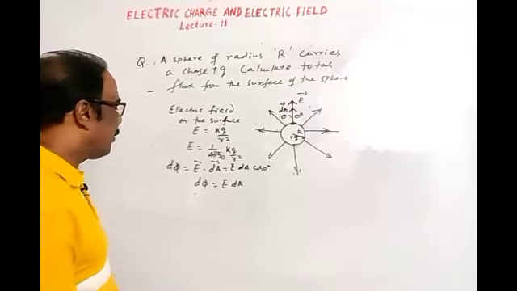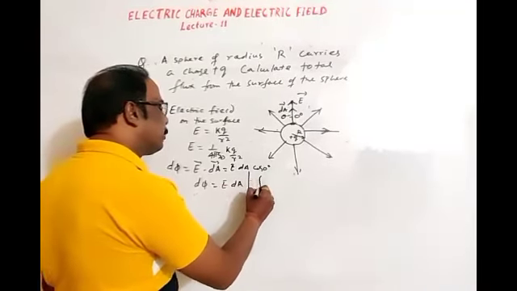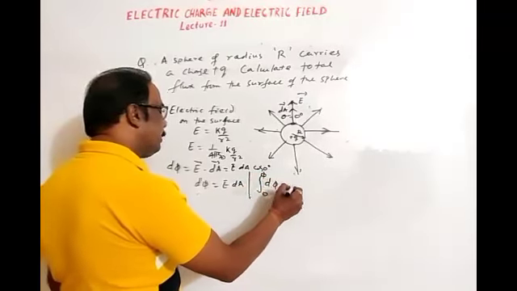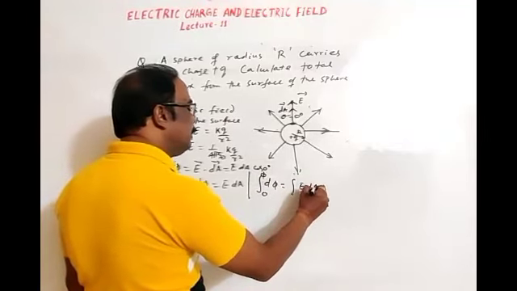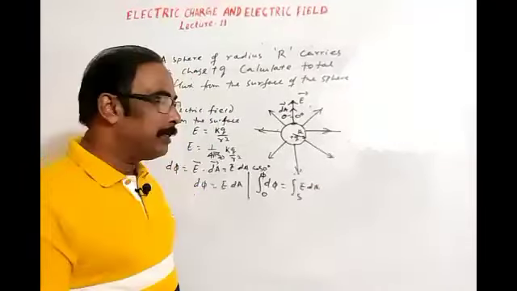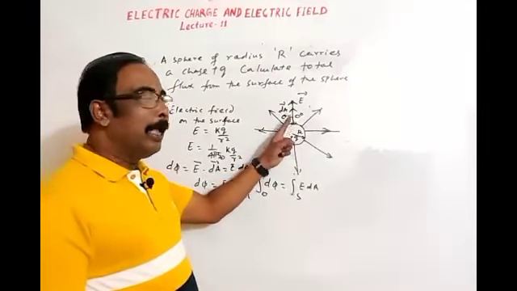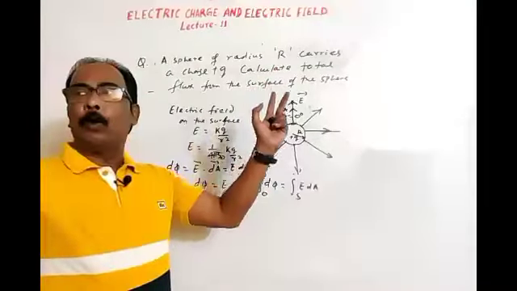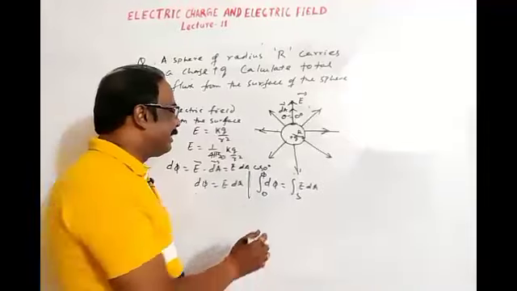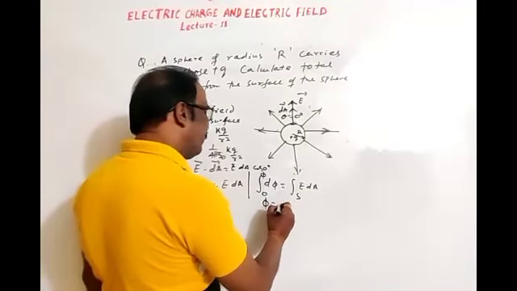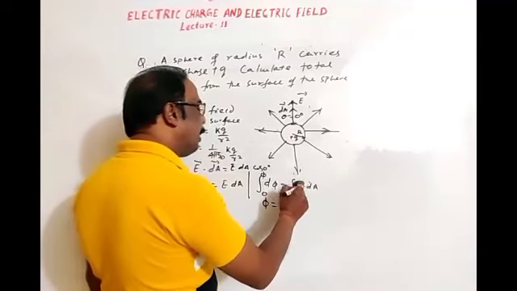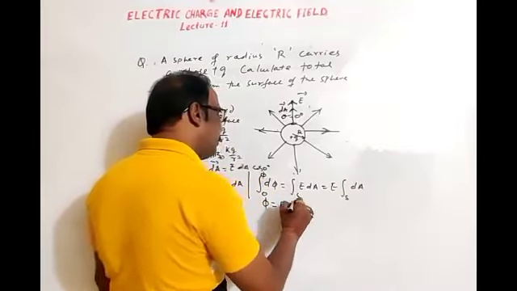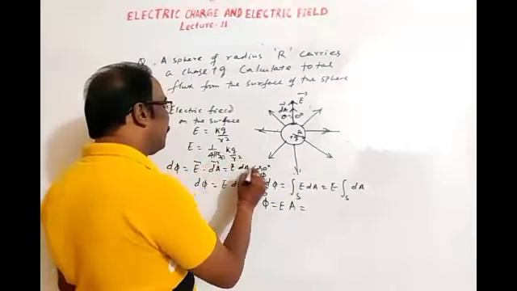Thus we have to calculate the total flux. To get total flux, let's integrate both sides. On the left side, limits are from 0 to phi, and on the right side, E dA. Here we take a surface integration, where dA is an elemental area from which flux is d phi. To get total flux, we have to take the whole surface area. Then integration of d phi is phi. E, electric field, we bring outside, and surface integration of dA is A, meaning total area.